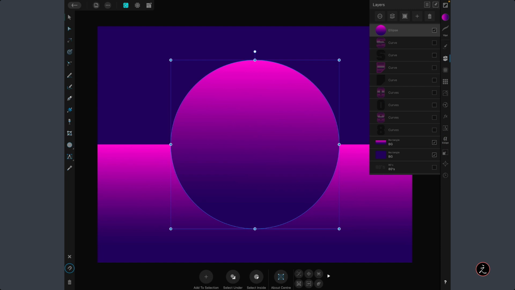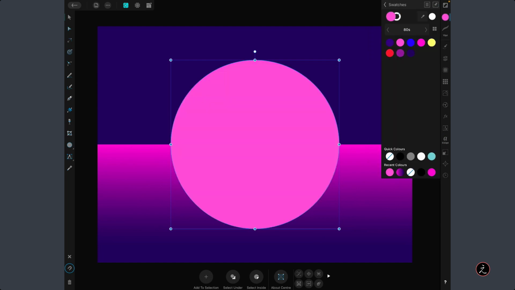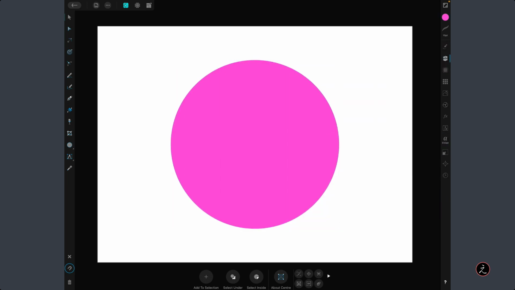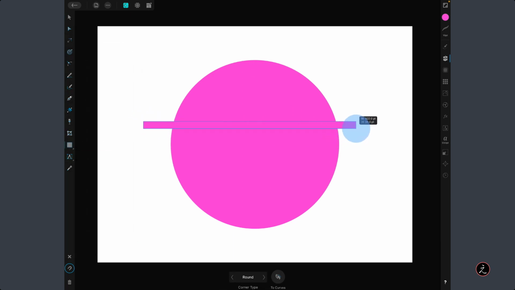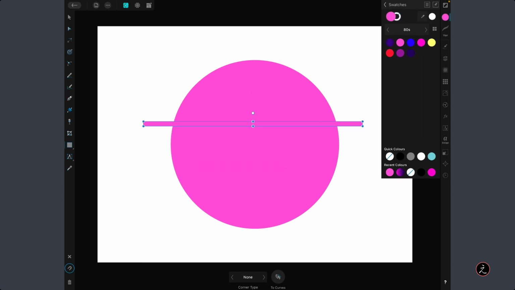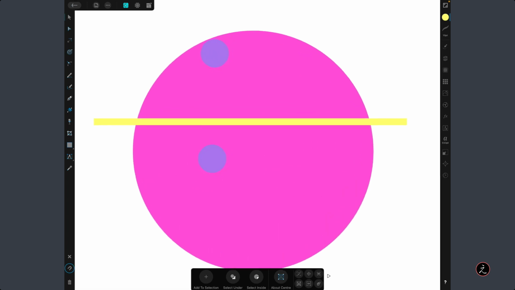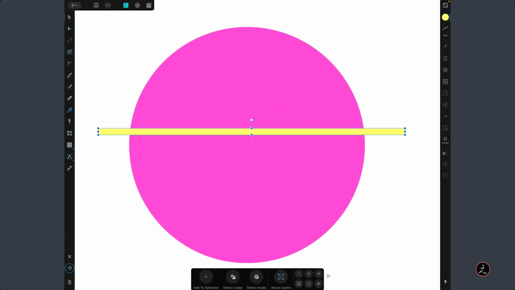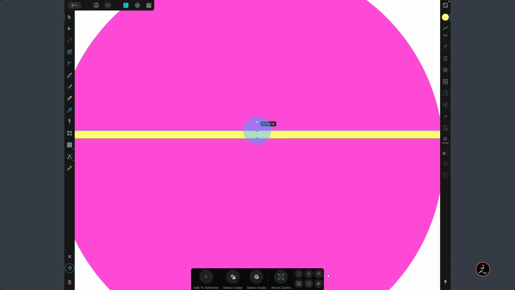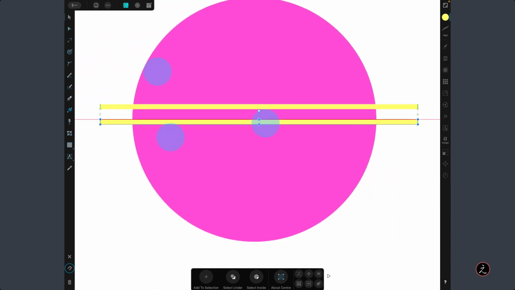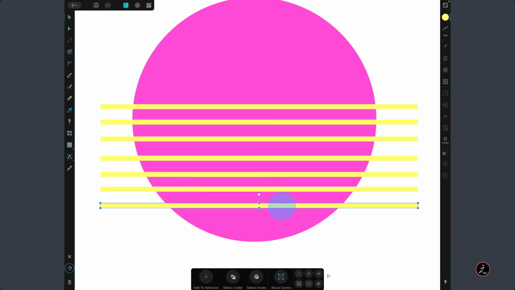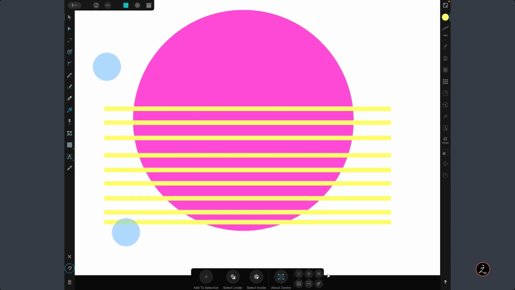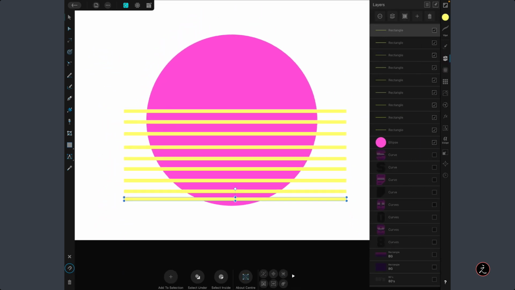So this is one thing. It doesn't matter what color. Right now, I'm just going to use this color. That will change, okay? I'm saying this because we're going to create some additional things here. So I will grab the rectangle tool and create some rectangular shapes here. Again, the color doesn't matter right now. What matters is that we create some of these. Okay, so I'm going to create a duplicate, another duplicate, another duplicate. All right, so I have all these straight segments, rectangles.